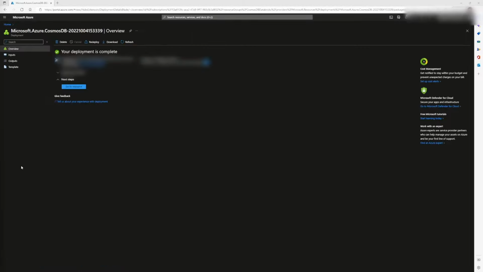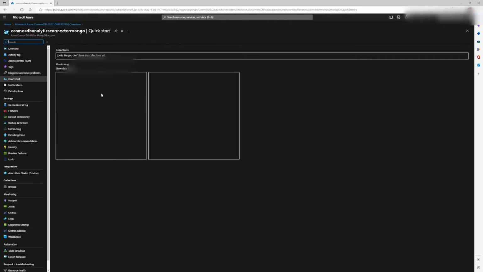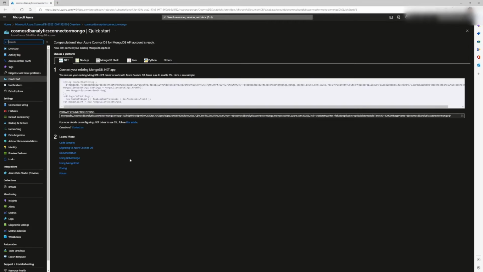The resource has been deployed now, and if we go to the resource itself, you will see that you're introduced with a quick start for the different options, maybe if you want to connect to your .NET application, Node.js, whatever the case is. Obviously, every use case is different. For us, we'll be requiring Python, but instead of going there, I'm going to take you over to the connection